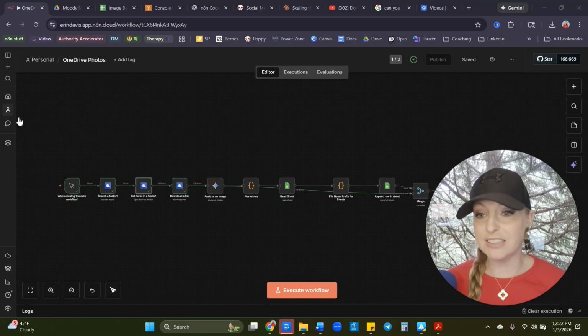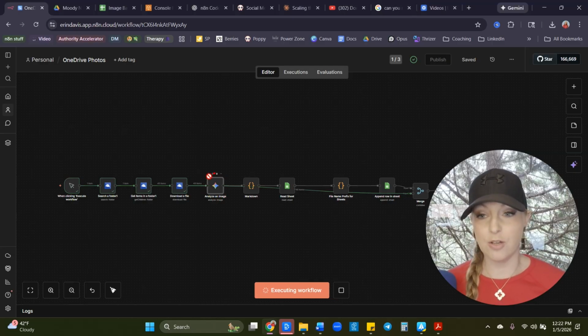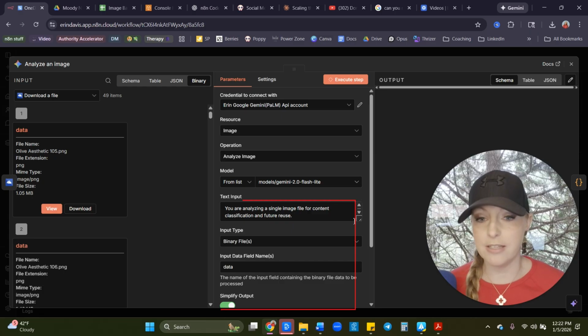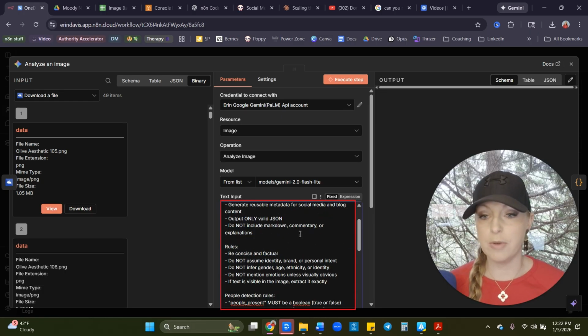Okay, we've got the files downloaded. So next it's going to go through Gemini and it's going to analyze the images. And while it's doing that, I'm going to show you what the prompt looks like. So it's very specific, and I also use the Flash Lite model because it's lower cost on the AI credits. This is essentially doing everything I need it to do, which is just analyzing the image, describing what's in it,